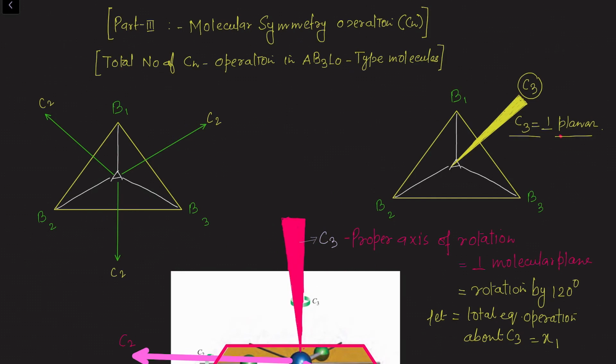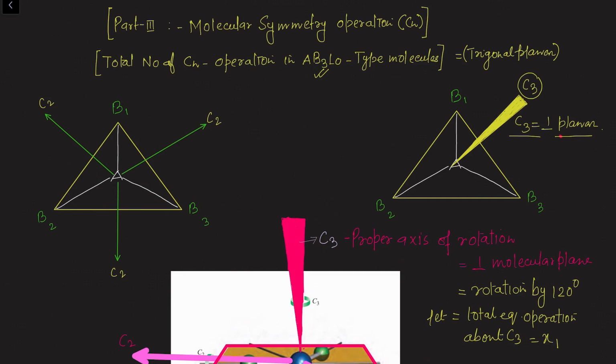In the series of video lectures on molecular symmetry, today again we are going to discuss molecular symmetry operations, and in this video we will learn how to calculate the total number of equivalent operations about a given proper axis of rotation. In today's video, again we are taking the same example of an AB3L0 type molecule whose structure is trigonal planar. Now before calculating the total number of equivalent operations about a given proper axis of rotation,